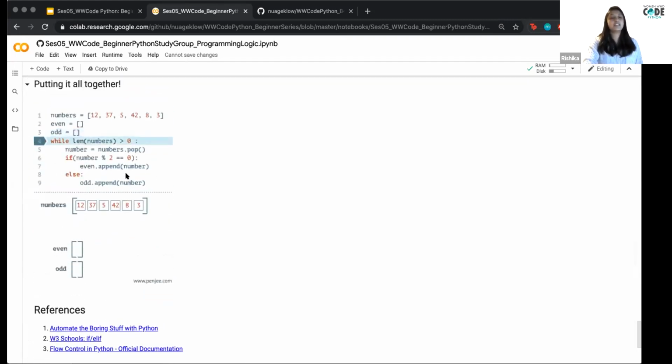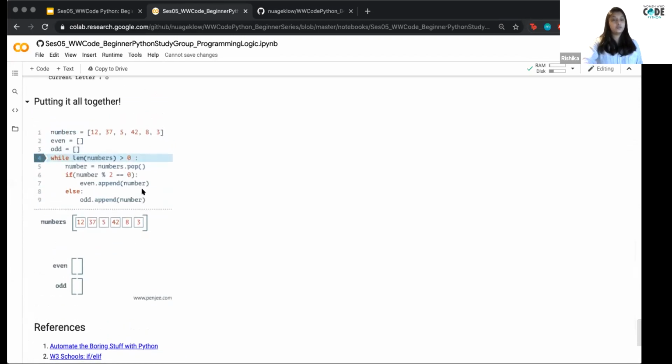And now we're revisiting this little piece of code. I'm just going to take a minute or two to explain what is going on here, so hopefully now this code makes a little bit more sense to all of you. What's happening here is that we're declaring this list called numbers, and this numbers list contains 12, 37, 5, 42, 8, and 3. I'm not going to spend too much time explaining the nuances of this code, but I just want